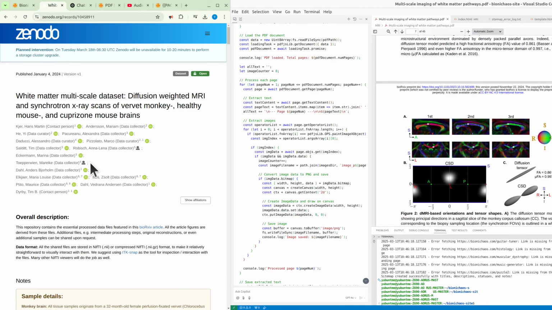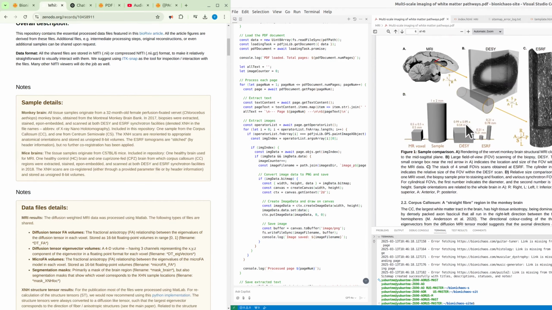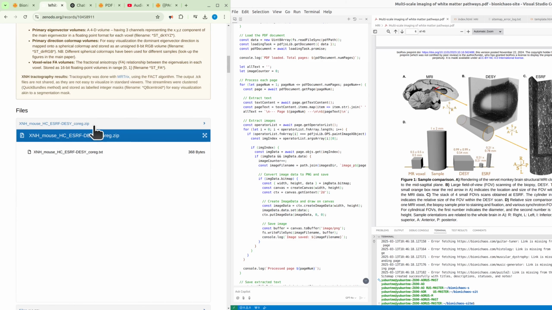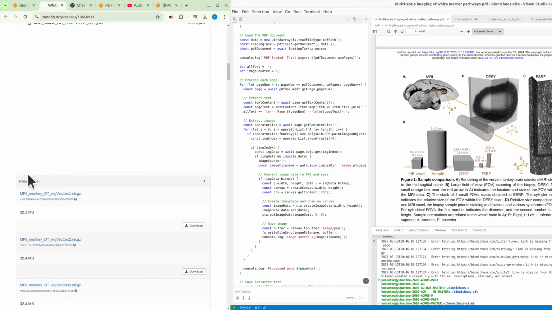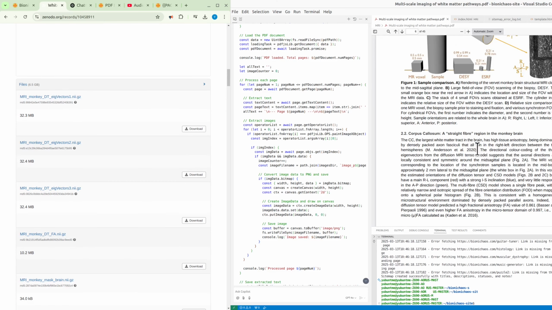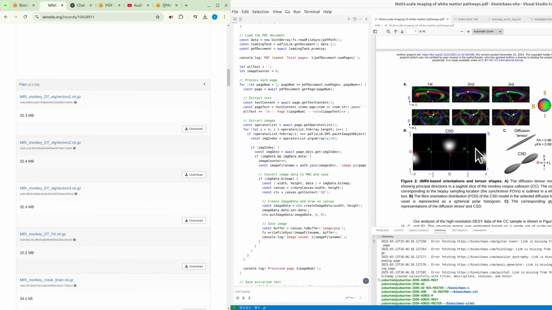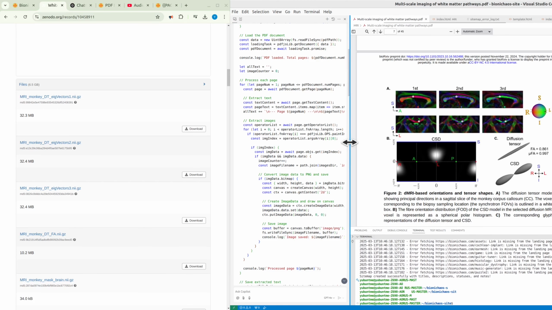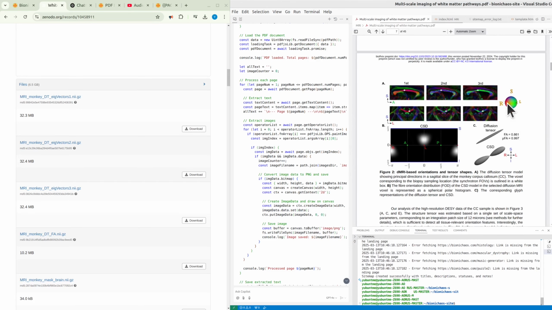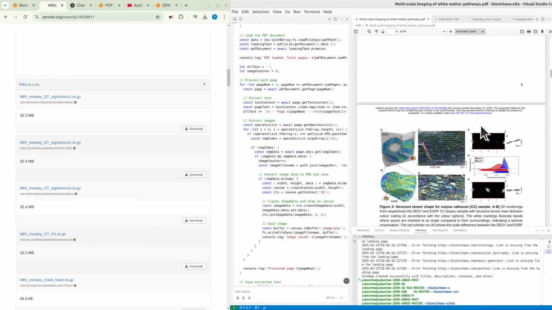So we have this paper, and besides being an interesting paper, they also made the 6 point something gigabyte available to download. Those are MRI images, so those will be interesting to look at. And obviously the paper only has static images, but we could actually turn those into something more dynamic that you